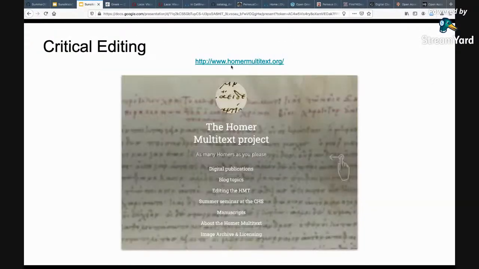Then critical editing. Well, of course, this is a big topic where we have many publications, many projects discussing today what we mean by scholarly critical editions. What do we mean by digital critical editions? In this case, I have selected one project. Of course, we have many other projects. And this project is, again, an open project, in the sense the idea in this case is to collect the manuscript tradition of Homer. This is the Homer multi-text project,